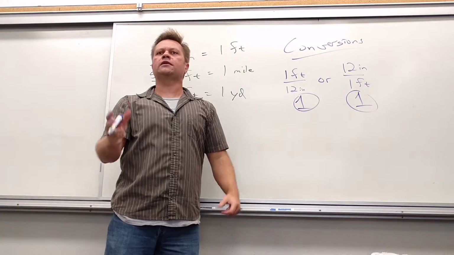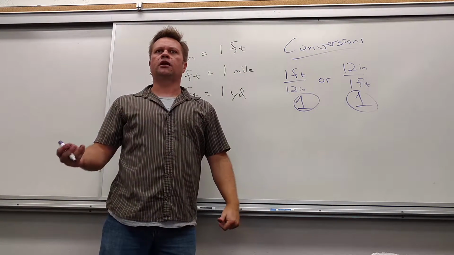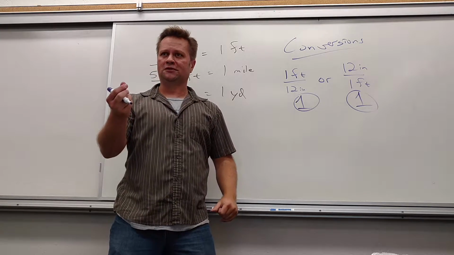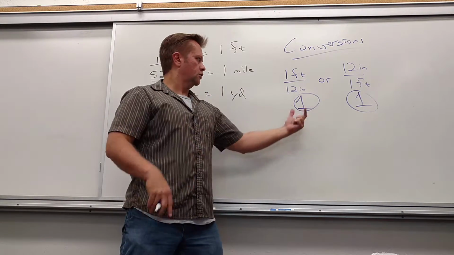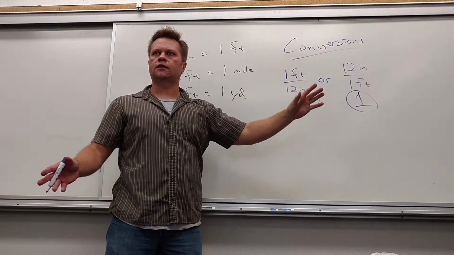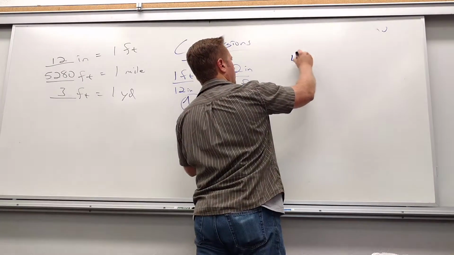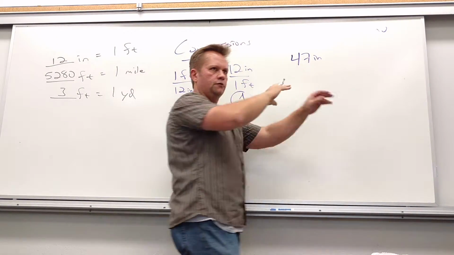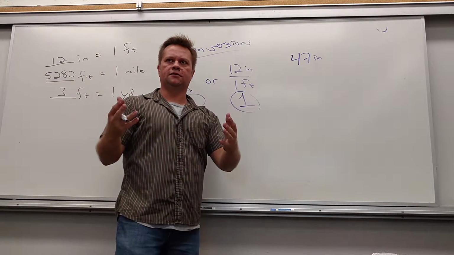So if I multiply something by this, will I change the value of it? When I multiply by 1, what happens? Yeah, the identity stays the same. That's what we were just talking about. So if I multiply something by this ratio, the value stays the same. So, if I have 47 inches of lumber, and I need to know how many feet that is exactly,